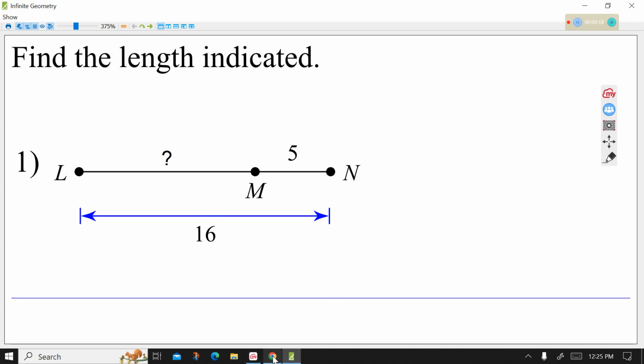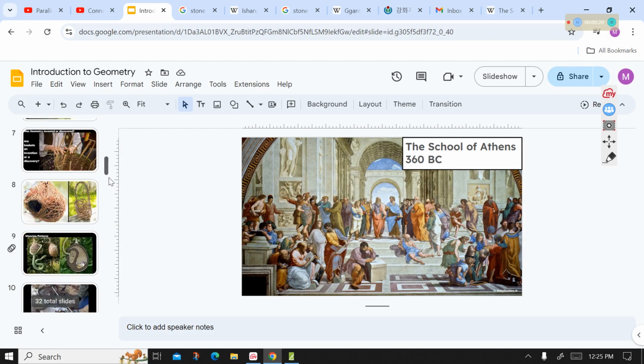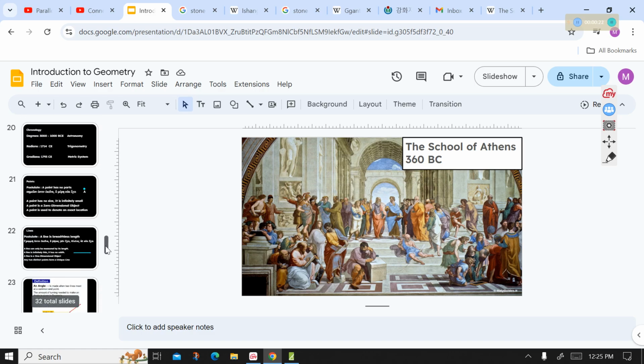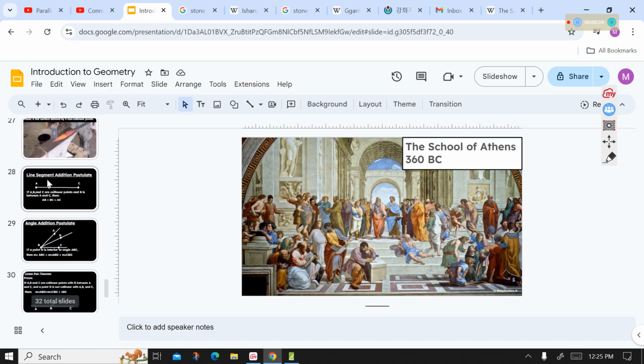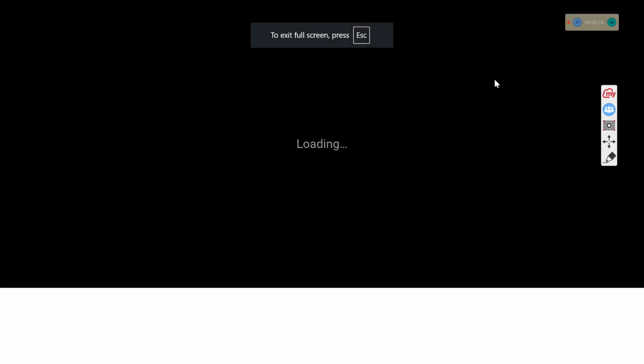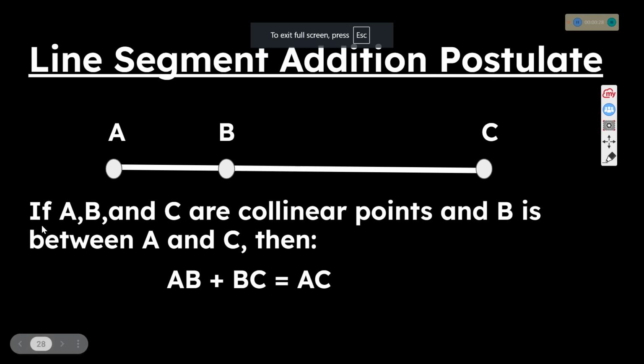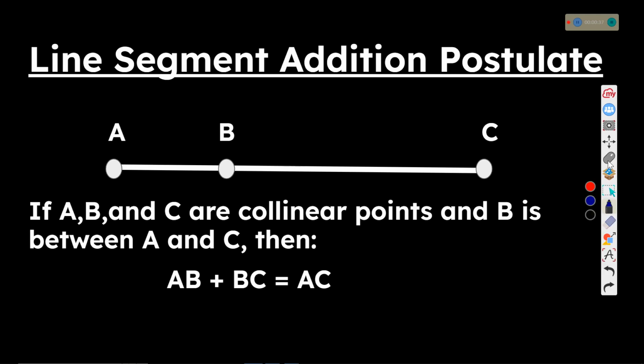So I'll pull up that from my PowerPoint so you guys can take a look at it. The line segment addition postulate is right here. This says that if A, B, and C are collinear points, and B is between A and C, then AB plus BC is equal to AC. So if I was to tell you that AB was 3, and that BC was 7,